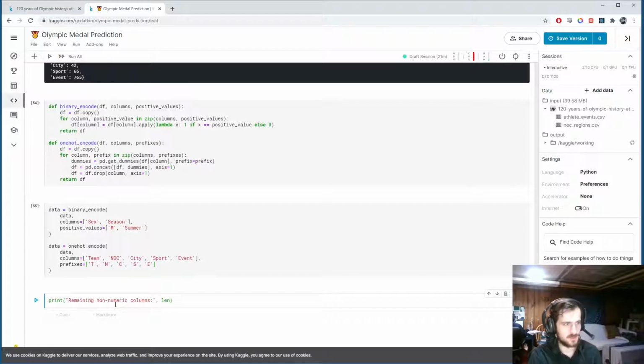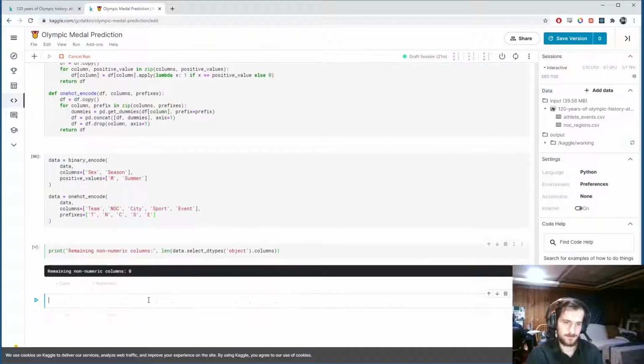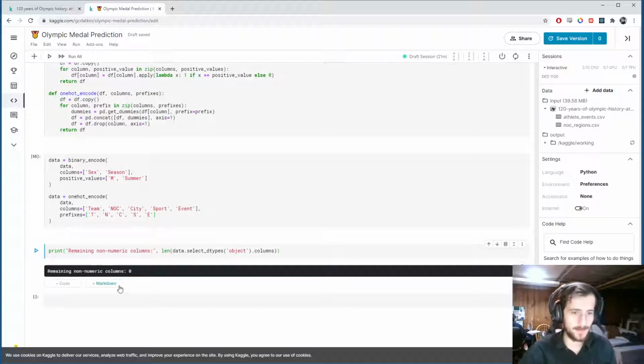To get that, we can do data.select_dtypes object .columns, and then take the length. No more. So we are fully working with numeric data, which means I'd say this is a pretty good time to